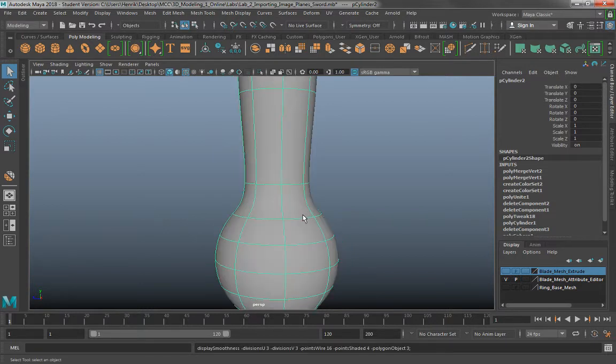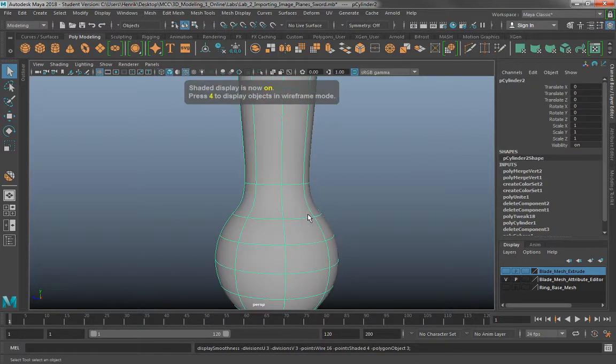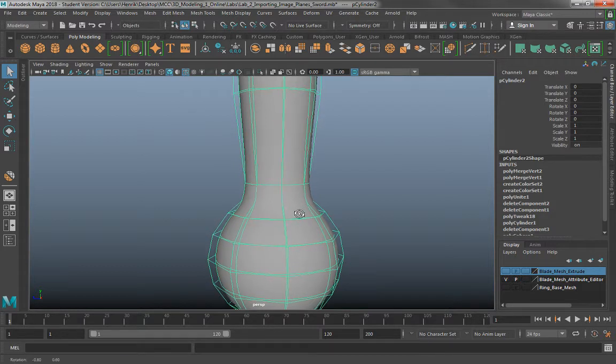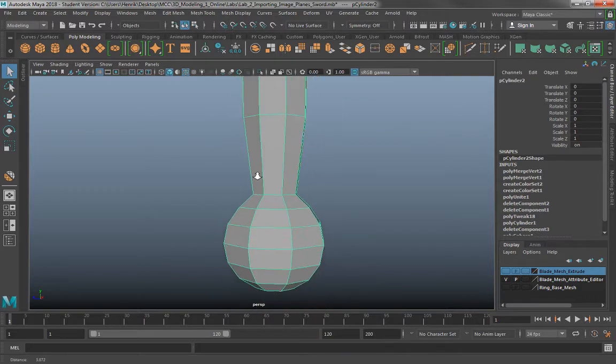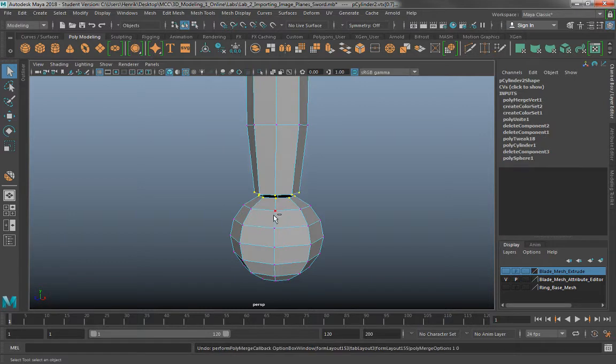And then I'm going to go ahead and press 3, and you'll see by pressing 3 we enter smooth mode. 4 is wireframe, 5 is shaded, and if I go back to 1, it goes to the original format of our shape. 2 gives you a smooth display with our original mesh shape, but that's also in wireframe, as you can see. So I'm just going to go back to 1, and then the last way to do this, and this is